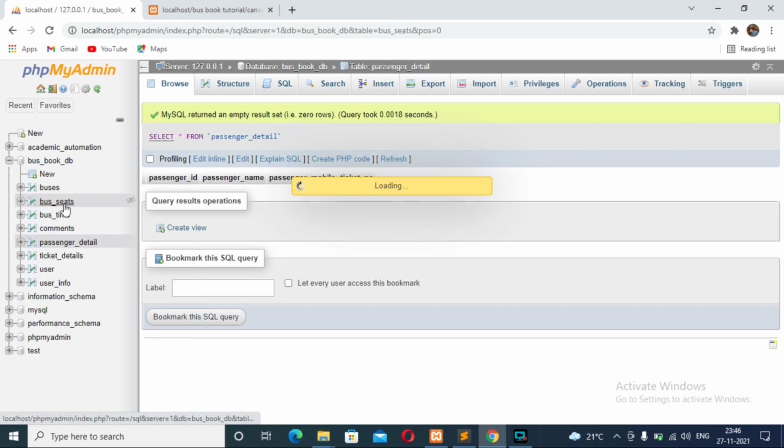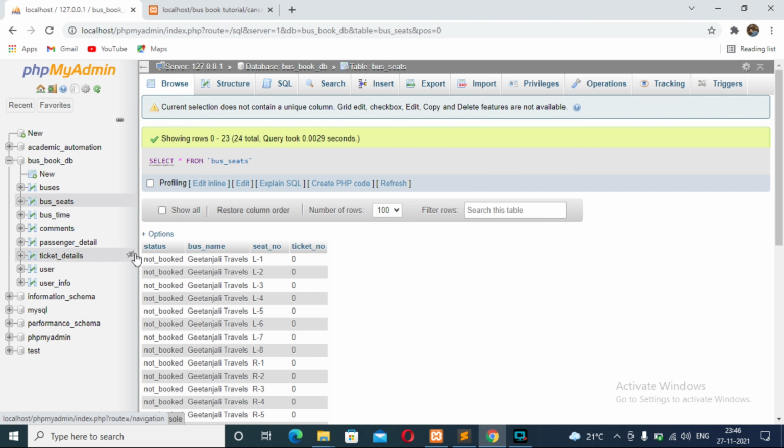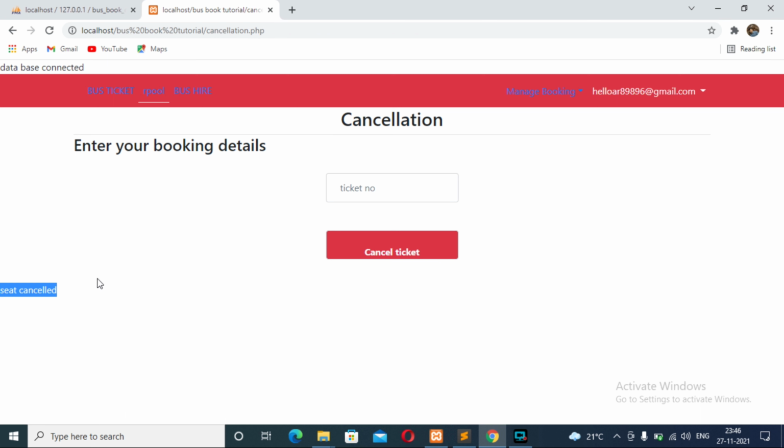Also in bus seats, you can see the status has changed from booked to not booked, and the ticket number is also converted to 0. So this is all about cancelling the ticket, and now this is completed successfully.